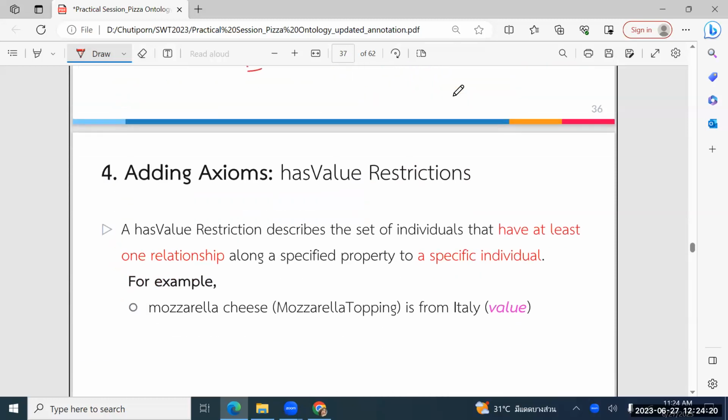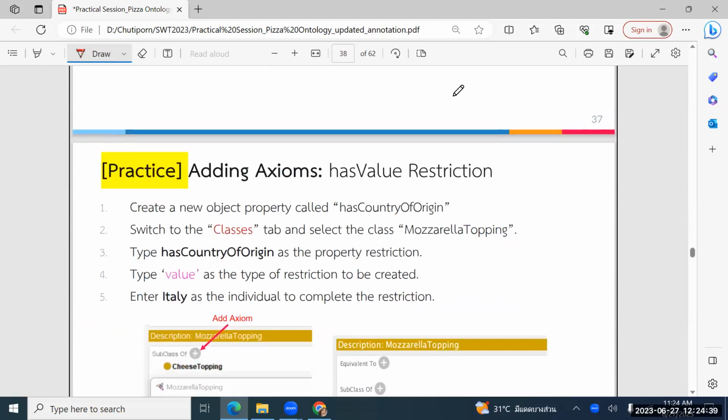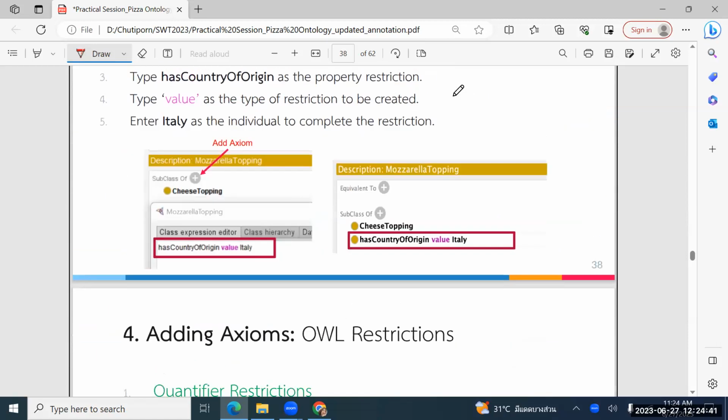For example, we may want to say that mozzarella cheese, which we use for mozzarella topping, is originally from Italy. So we can say that here,